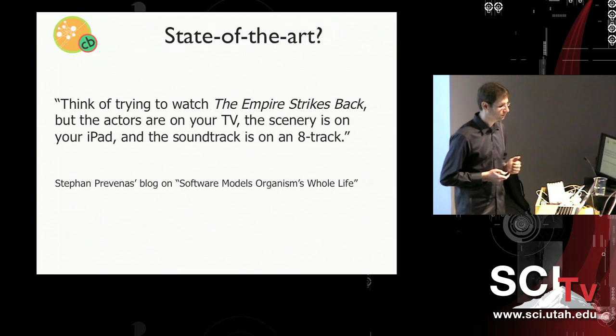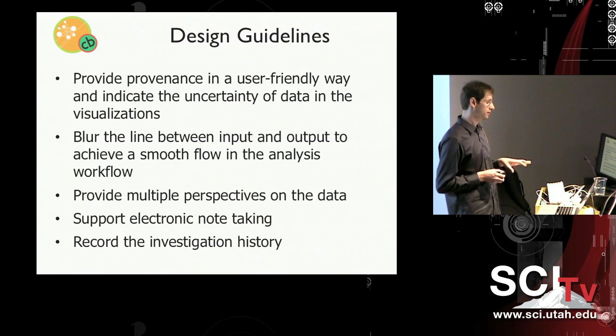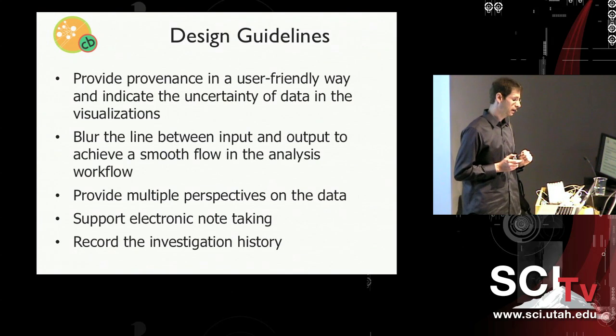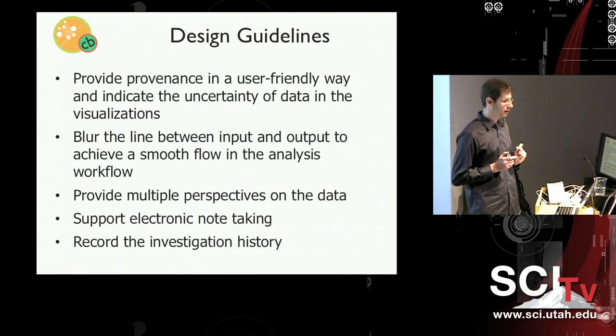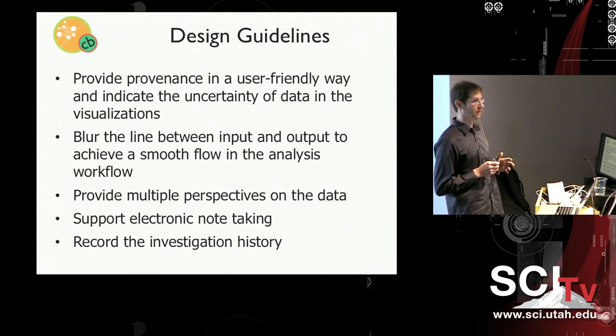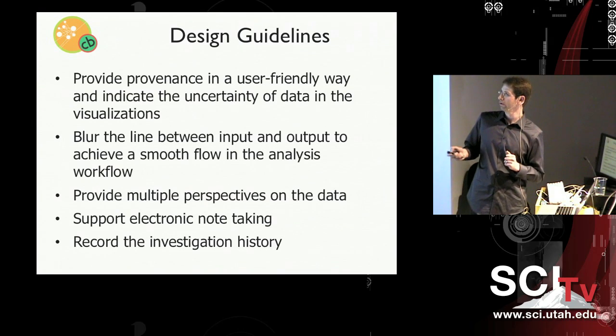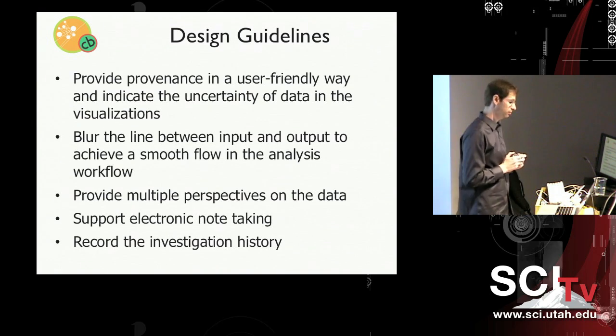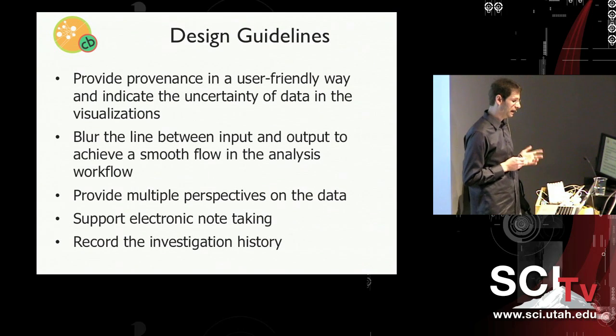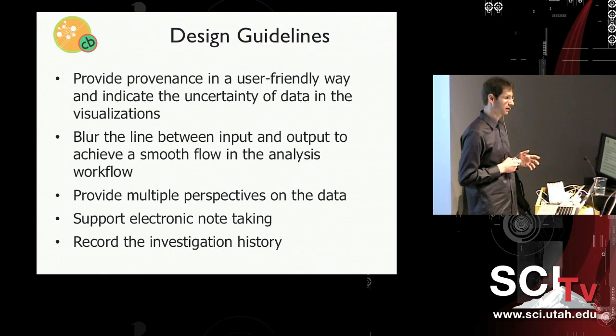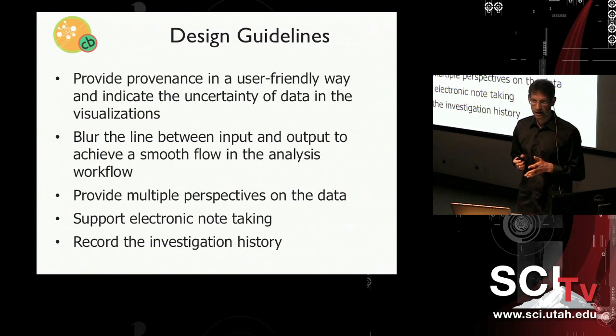And so based on that, we developed a couple of guidelines, and I again picked a few from the paper, on how we could improve tools that address this really complex data analysis. One really important outcome is that providing provenance in a user-friendly way and indicating the uncertainty of the data and visualization is crucial. Otherwise, the analysis is not reliable, and the scientist is struggling in using tools if they don't communicate why they have this finding, where it comes from, and